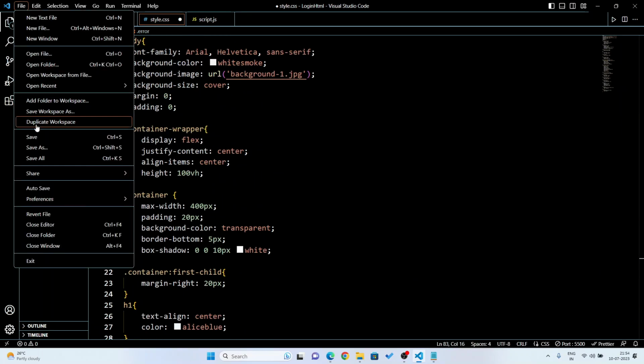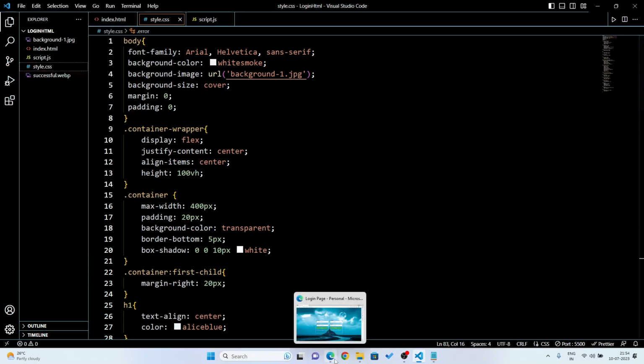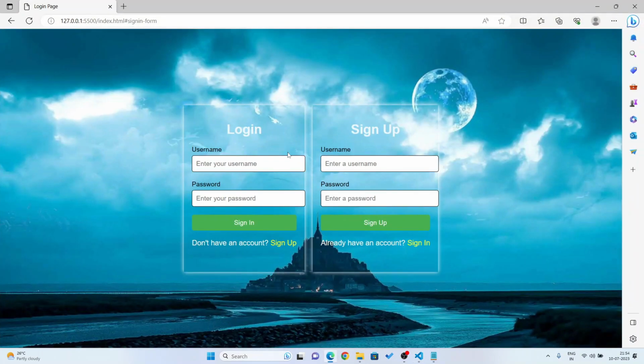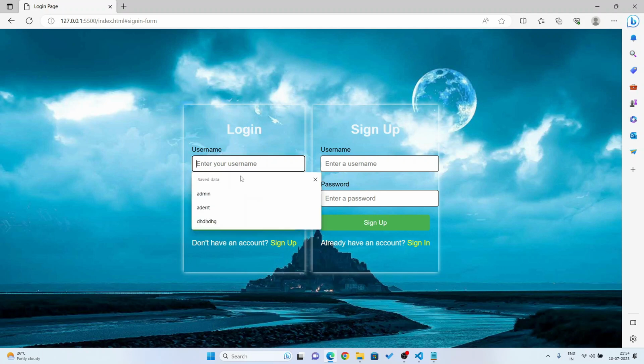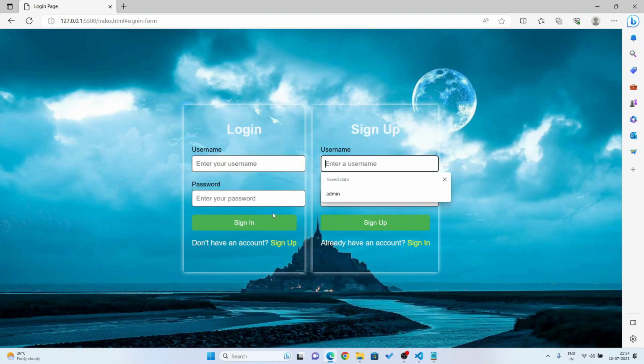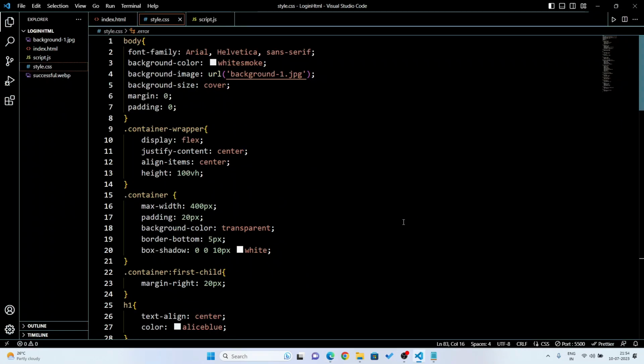I am going to save it and see my output, and you see it is looking good. This is the login page, username, this is okay, sign in, sign up, okay. After that I have to go and write in my